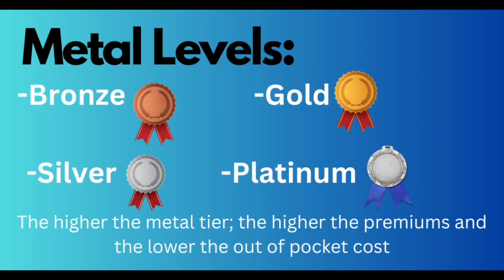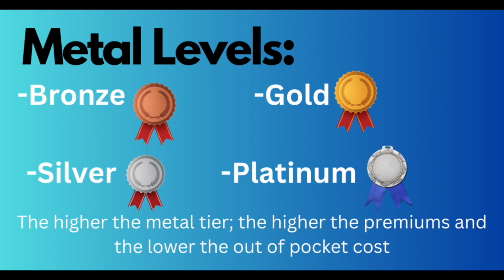So let's talk about the 4 different levels for marketplace health insurance. The insurance plans are based on different levels. Remember earlier I said that if you enroll in a silver plan, you could get more of a subsidy, because the silver plan is designed for someone that uses the plan often, okay? So they put a lot of the subsidy money into the silver plan, but there are 4 different levels. You have bronze, silver, gold, and platinum.